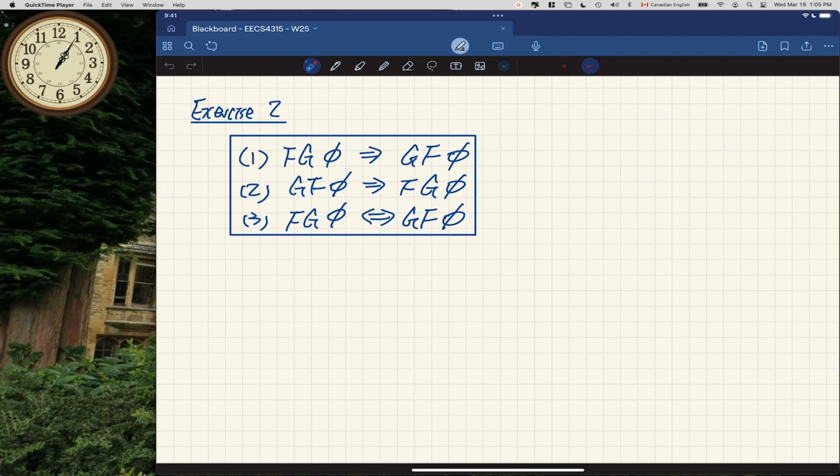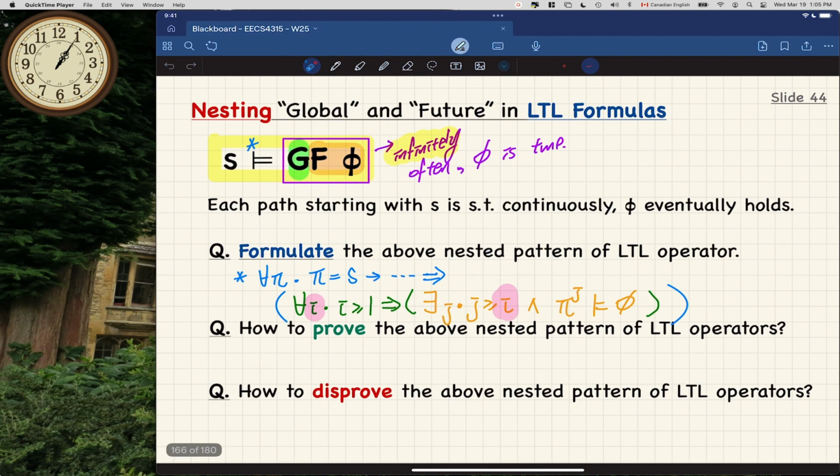Before that, any questions? All good? All right, let's now talk about proving it and disproving it. To really prove it, since we talk about universal quantification, you have to argue for every possible path starting with S. You've got to consider all the path patterns. Okay, let's now write it down. For number 1, you want to say consider all the path patterns.